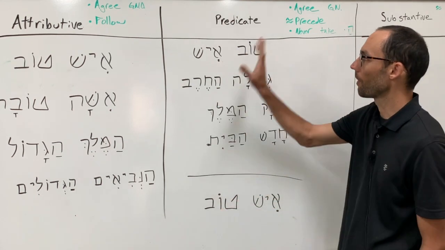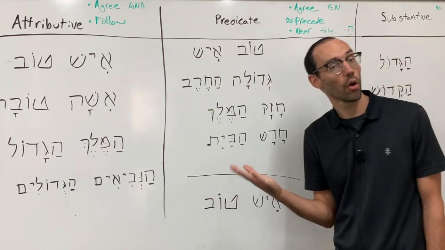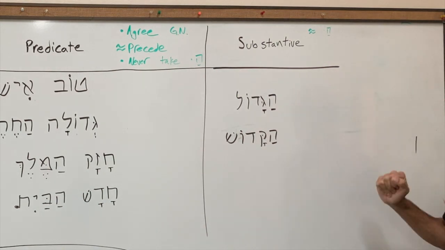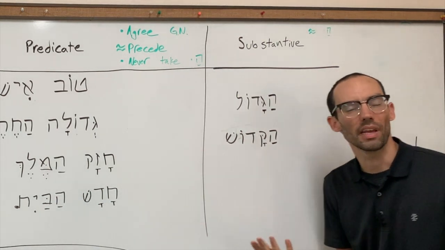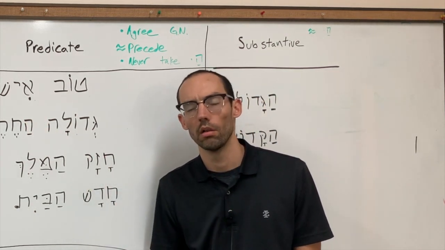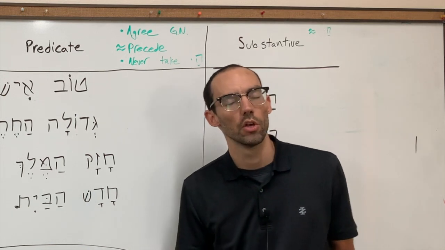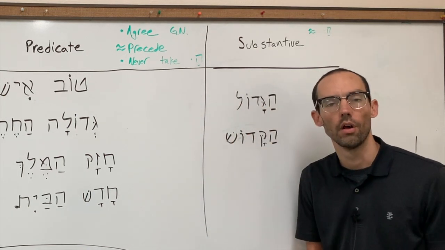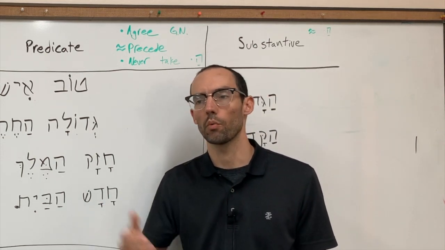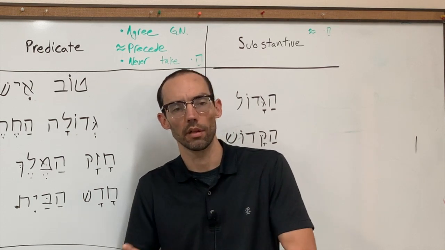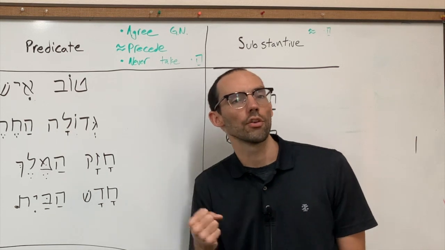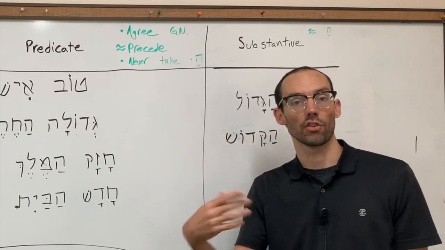Okay, so we got attributive and predicate positions. Those are the main two. There are also sometimes what we call a substantive, and we do the same thing in English, right? We say, the great and the small, referring to people. So we've turned the adjective into a noun, right? The weak can come, the Statue of Liberty. You give me your poor, right? So we've taken an adjective and turned it into a noun, meaning people or things that are that way.